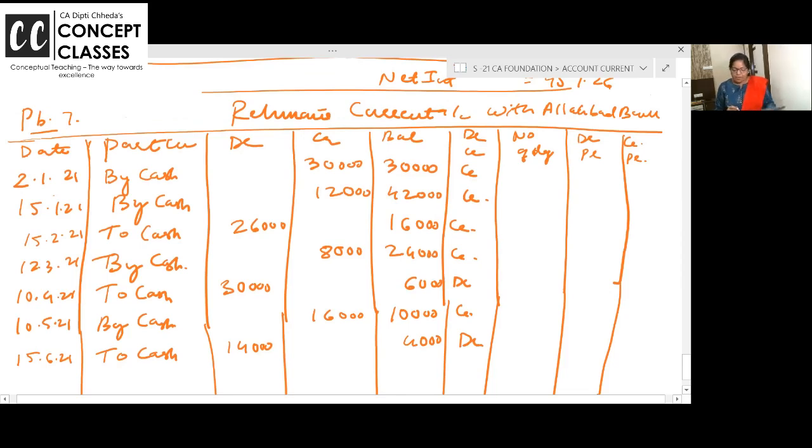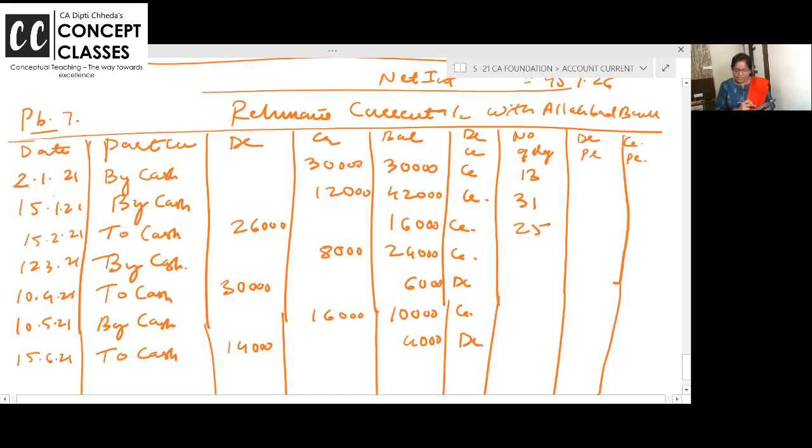Now let us see the number of days. 2nd January to 15th of January, 13 days. 15th January to 15th February: January 31 minus 15, 16 days of January, 15 days of February, 31 days. 15th February to 12th of March, 16,000 balance was there. For how many days? 28 minus 15 plus 12,